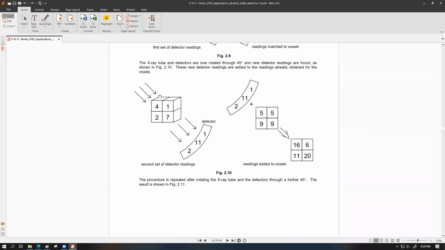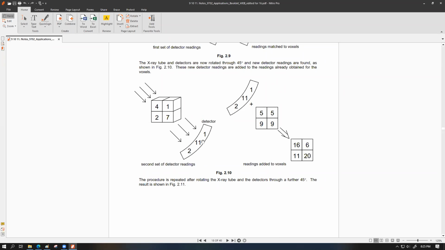Have a look. The beam that's going to pass along this diagonal is going to have a direction value of 1. The one that passes through the middle along this line is going to have a total absorption value of 4 plus 7, 11. And this one is going to have 2. Now, from this 4 voxel, which means 2 by 2 voxel, the machine is now having 3